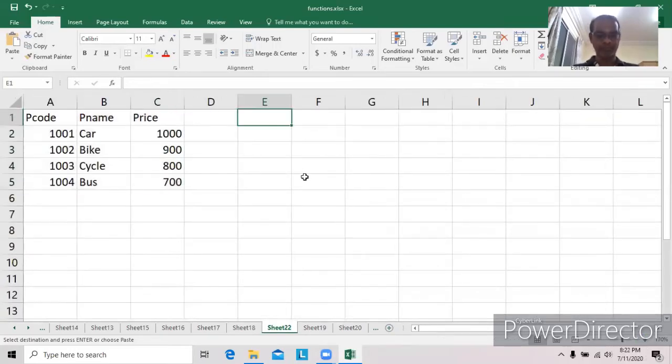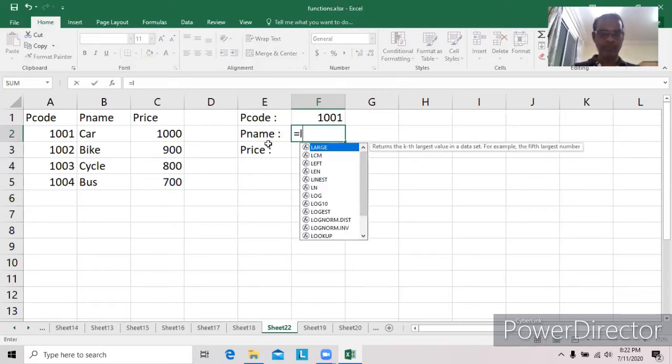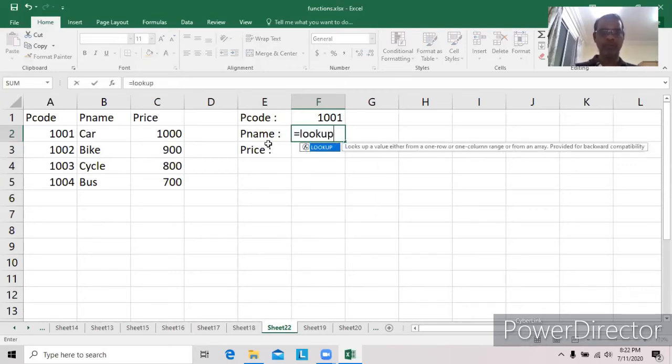Here, P code, P name, price. 1001 is a lookup value, just assume. Equal to LOOKUP. 1001 is available in F1. This F1 is a lookup value.